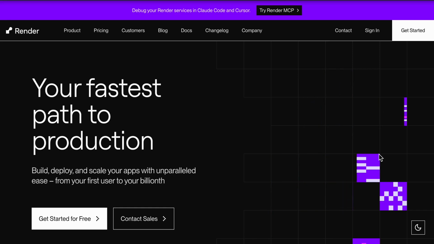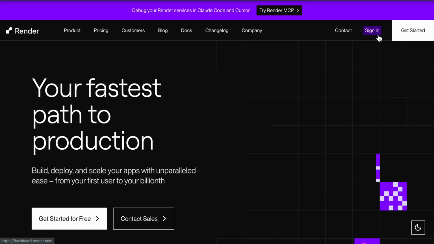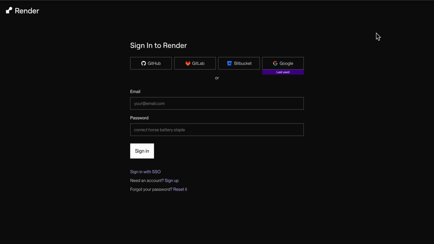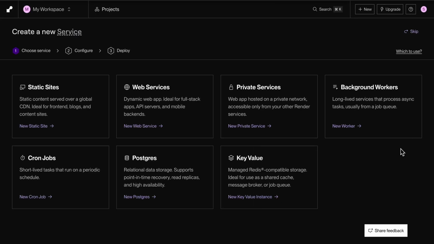So first go to this website, that is render.com, and then click on sign in, and you will see there are multiple options to log in. So I'll use this Google, and you can use your email ID and password. First you have to register. So first register here, and then you can use this Google sign in option, and after the login you will be registered to this dashboard, and then go to this web service option,